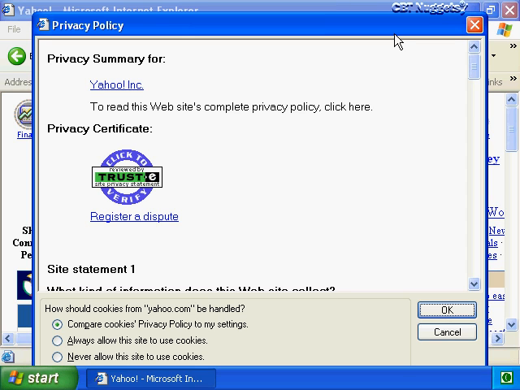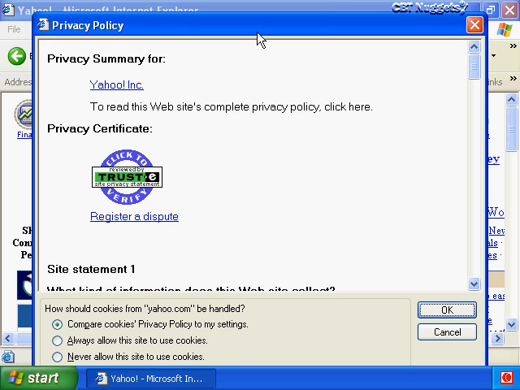And Yahoo's privacy policy is in the form of the Platform for Privacy Preferences, or P3P. Prior to this new P3P standard, most websites would display their privacy policy in long text files with lots of legal information that was very hard to make out as to what information they're collecting about you. Well, this new standard allows websites to simply fill out a multiple choice form about all the information that they're